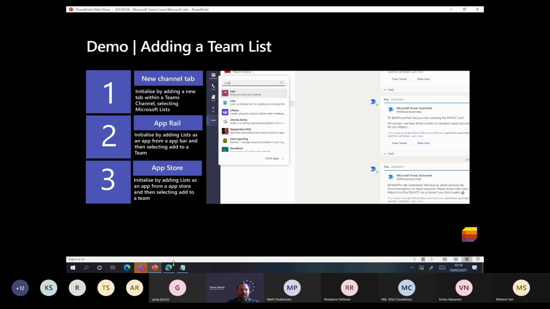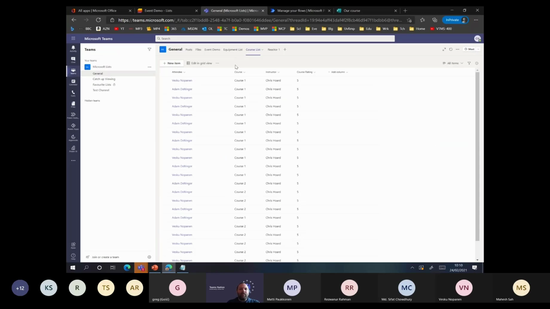There are many different ways to do this. Let's get straight into the demo environment, because I like showing as opposed to talking about slides. So